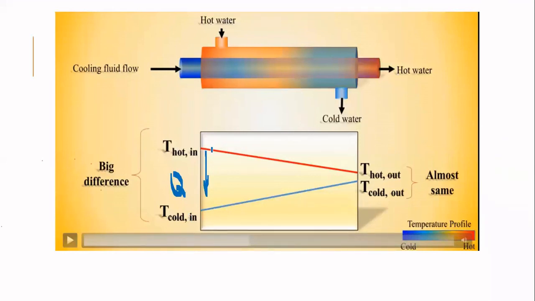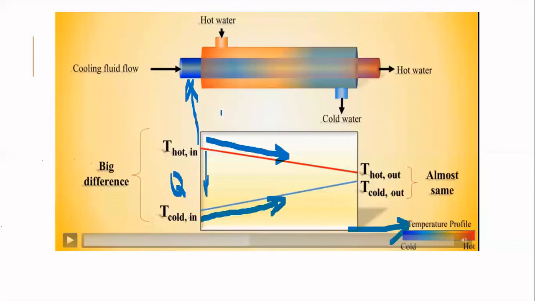As we are going across the length of the heat exchanger, what is happening? The temperature of the hot fluid is dropping down and the temperature of the cold fluid is going to rise up. This diagram is drawn across the length of the heat exchanger. On this axis we have temperature and on this axis we have the length of the heat exchanger. This is the position x equal to 0. This is the position x equal to the length of the heat exchanger. Is this part clear to everyone?